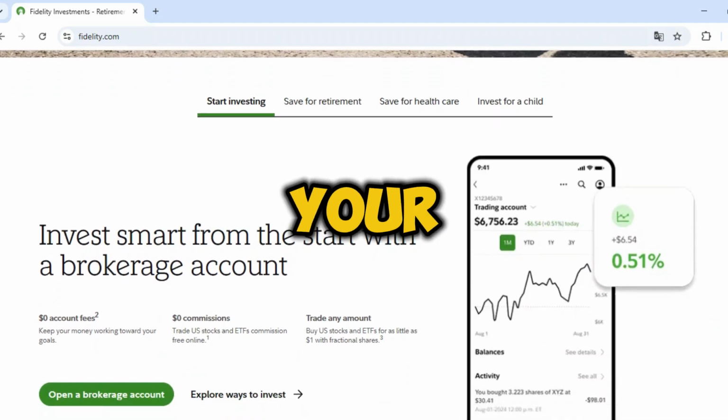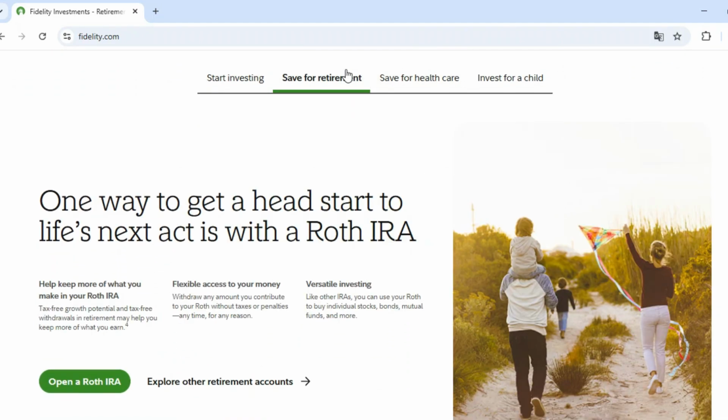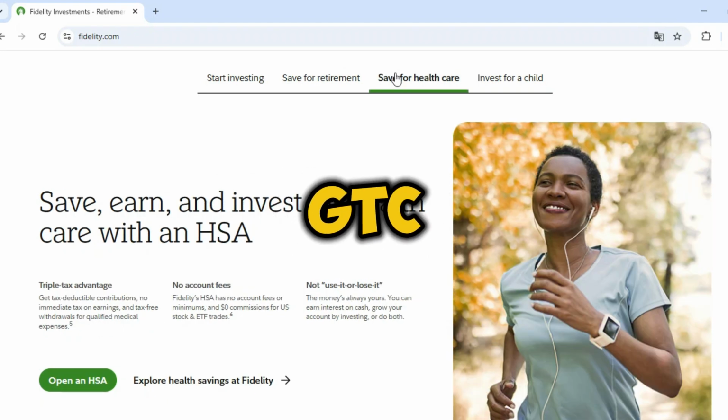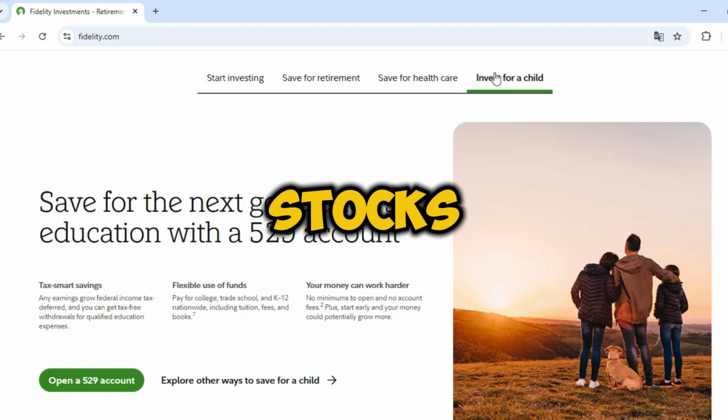Step 2. Set your price and duration. Enter the price per share at which you want your trade to execute. Then, choose a time in force, like day, good for the trading day only, or GTC, good till cancelled, which lasts for 60 days. And that leads to my crucial pro tip: use limit orders for volatile stocks and after-hours